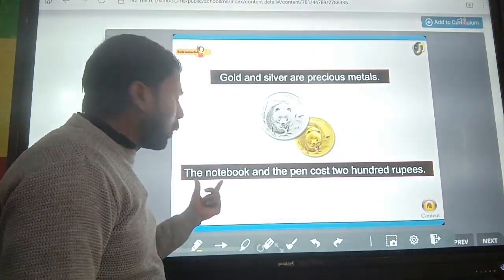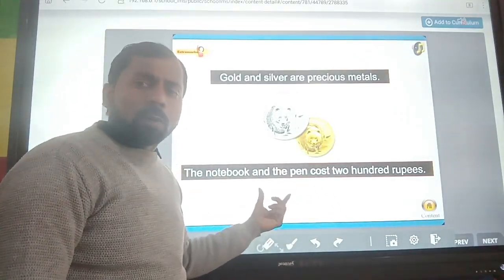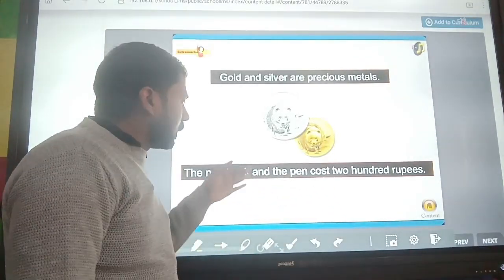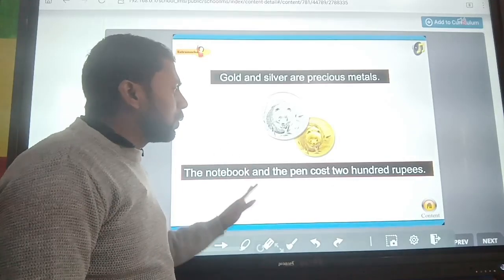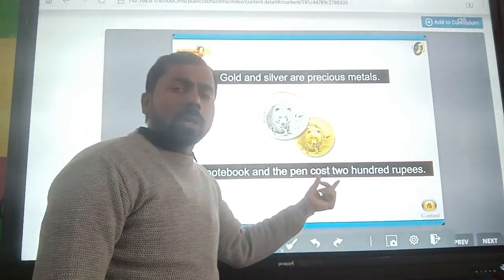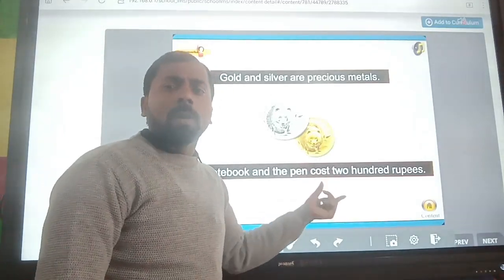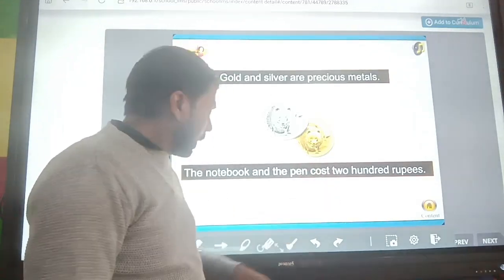So here the notebook is a different thing and the pen is a different thing. Both are noun words and both are combined with the conjunction word. So we can use, according to the subject, the verb here. So "cost" is already in the form of the plural number. Is it clear? Next,